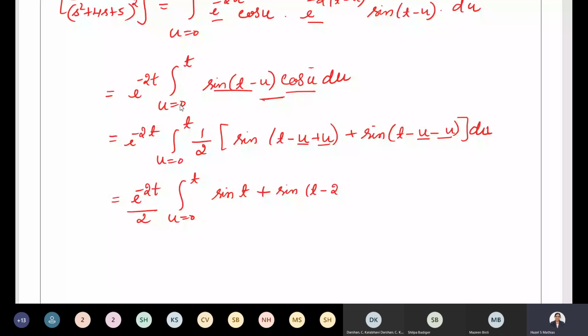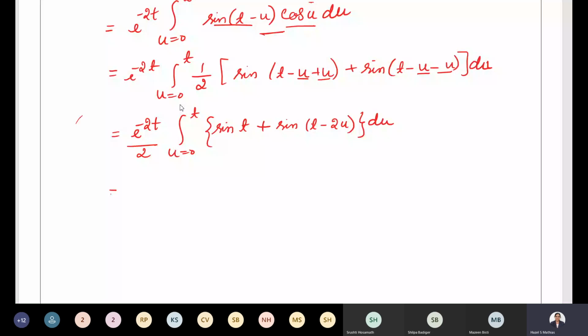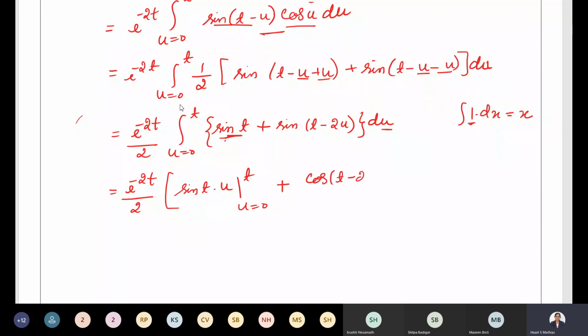Now let's integrate these two terms. We get e power minus 2t divided by 2. This is integration with respect to u, and sin t is a constant with respect to u. So integration of sin t with respect to u will be sin t into u. It is similar to the integration of 1 into dx, which is nothing but x. Here sin t is a constant, so we get sin t into u, with limits from 0 to t. Then for the second term, integration of sine will be cos, so it will be cos of t minus 2u